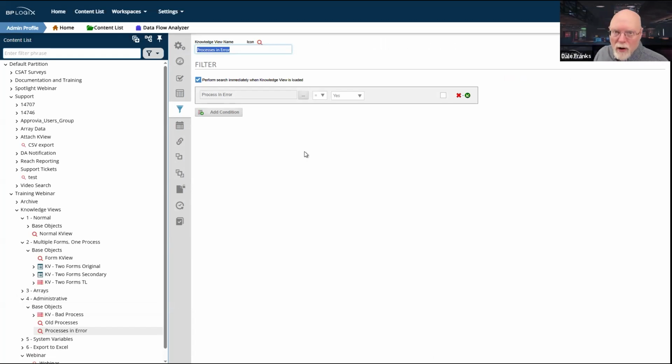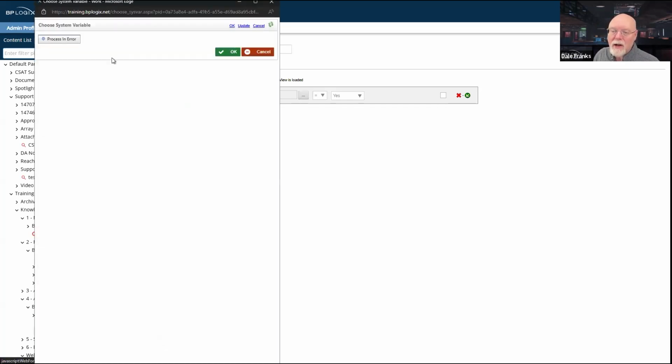You only want it to return process instances, like timeline instances. If you're still using workflow instances, I'm sure some of you are, because some of you have been around for a while, you're older customers. Although at this point, if you've been a customer since 2014, you shouldn't be using workflows at all. So you would actually look for process timeline instances as what you were going to return. And this is the condition that you need to use, processes in error.